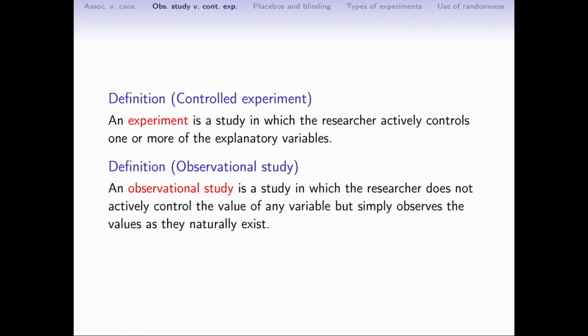Now, it's really important to put fences around these two ideas to keep them separated from each other. And anytime you're reading a study, ask yourself, am I looking at a controlled experiment or am I looking at an observational study? One important reason to draw this distinction is that when you're looking at an observational study, since you're not controlling the explanatory variable, you will never be able to assert causality from a mere observational